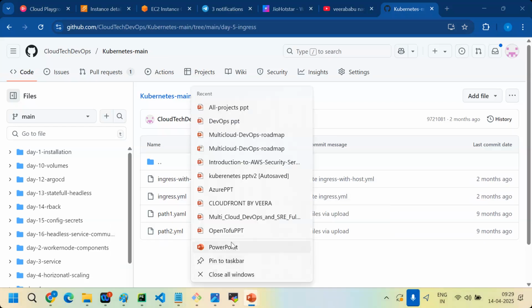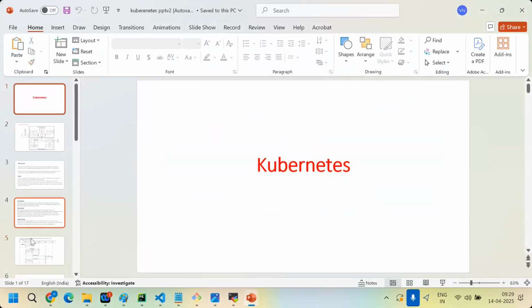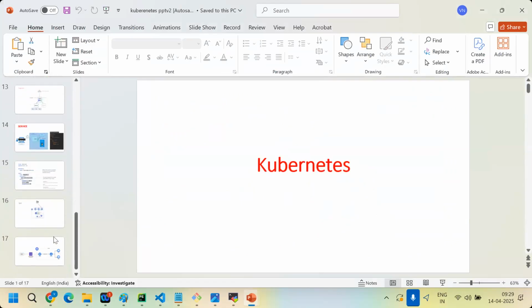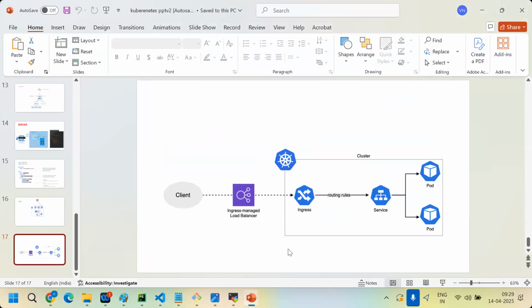Let's go to the Kubernetes PPT. So this is the ingress concept. Whenever you create an ingress, the ingress will create an ingress load balancer.